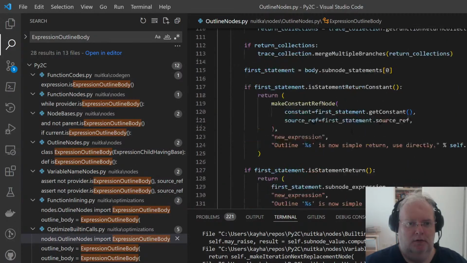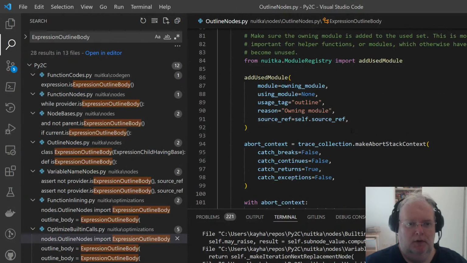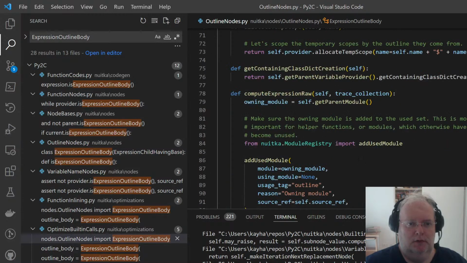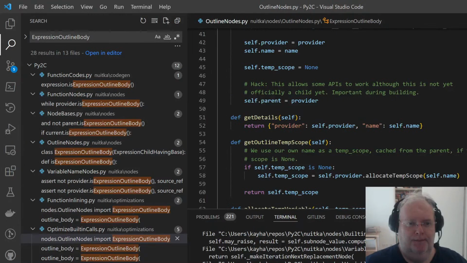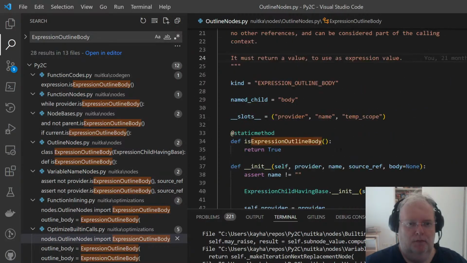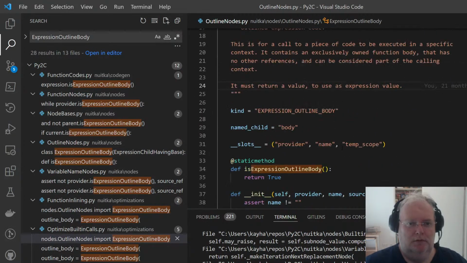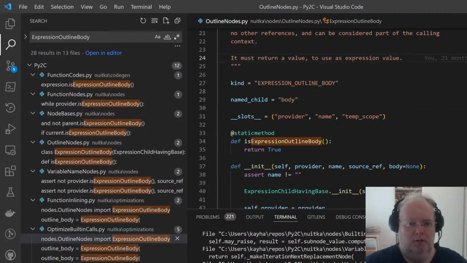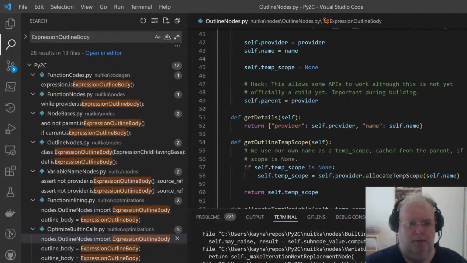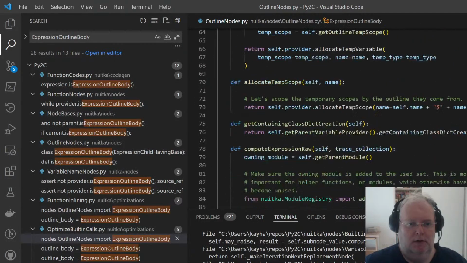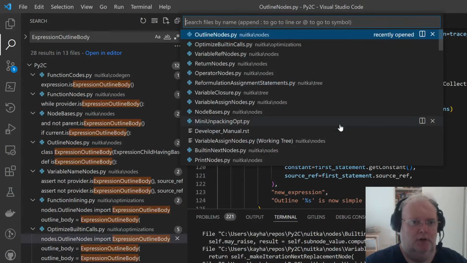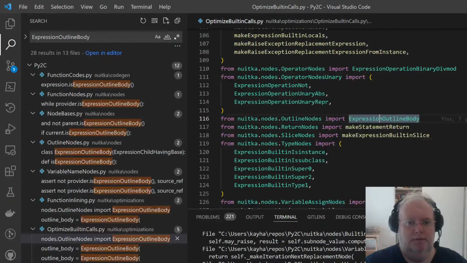Seems wrong. Does it with itself too? It's wrong. But where would it get it from? Probably, I think I abandoned these setters. So set child body, okay, I can do it.